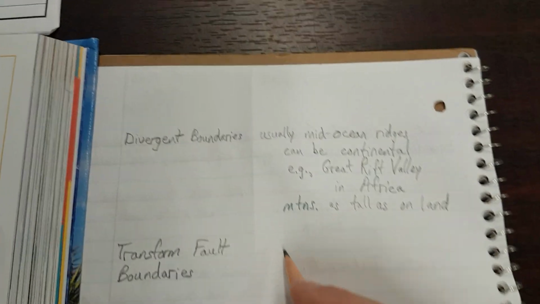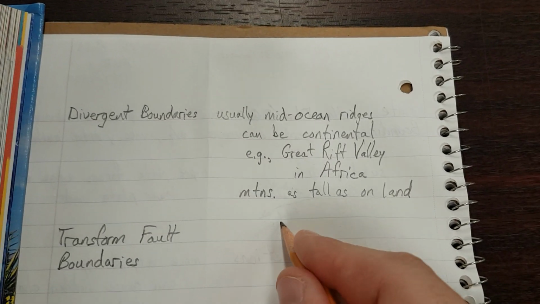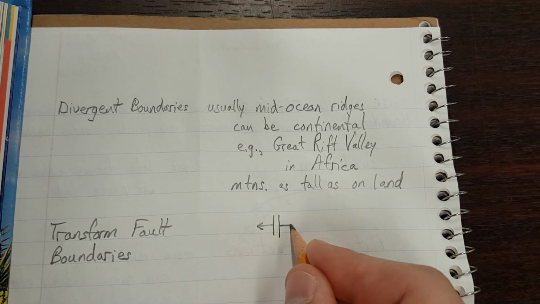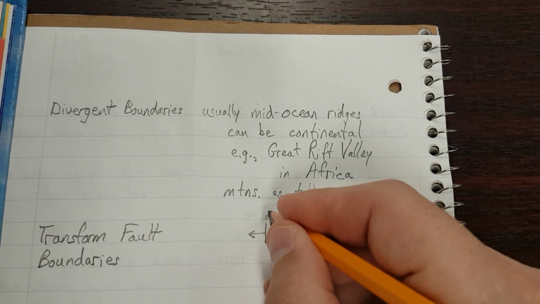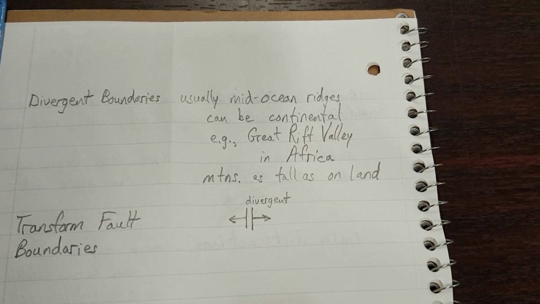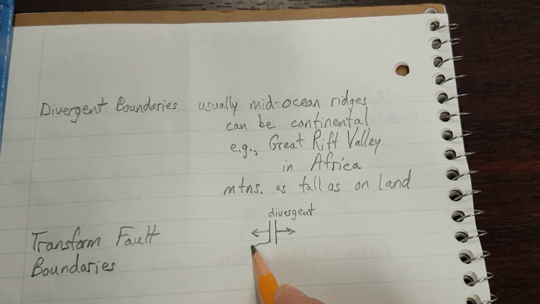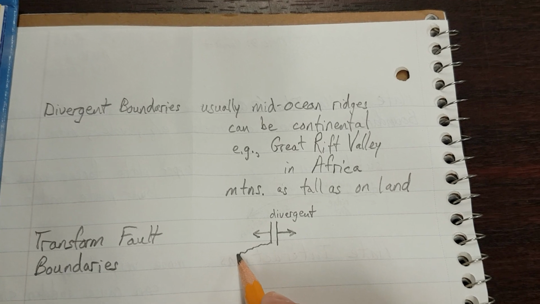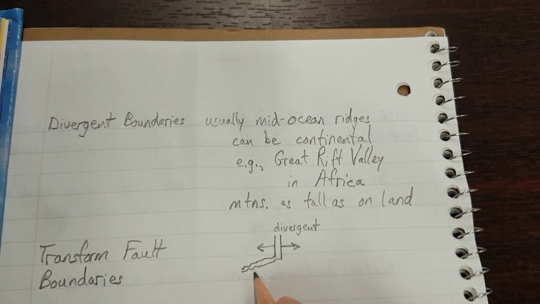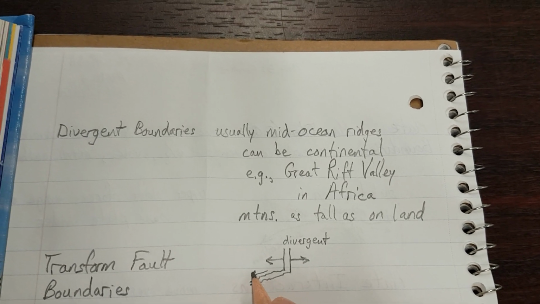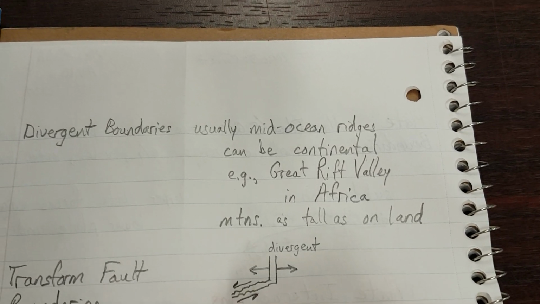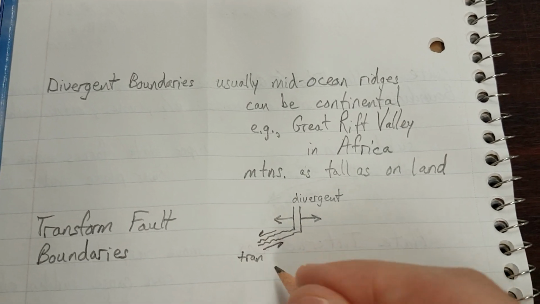Let's suppose, let's draw a little picture. Let's say we have these two parts coming apart, right? That would be divergent, D-I-V-E-R-G-E-N-T. But the plates aren't perfectly shaped. So let's say this one kind of goes off at an angle like that, and this one goes along at the same angle. Well, now this one's sliding past, this one's sliding past, and now you're getting a transform,